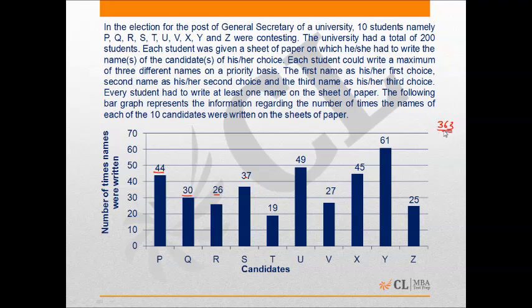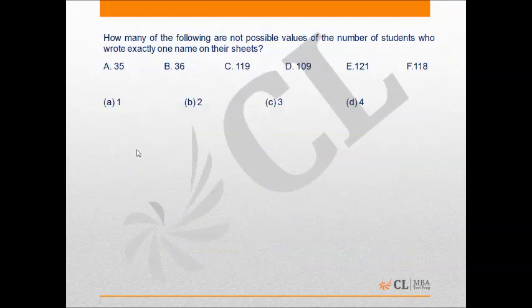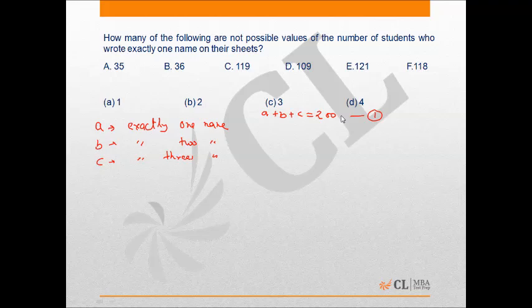Right. Now, if I assume that there are A number of people who wrote exactly one name on the sheet, and B number of people who wrote exactly two names on the sheet, and C who put exactly three names on the sheet. So one thing is very much sure that A plus B plus C has to be 200, the total number of students, and using the set theory concept,